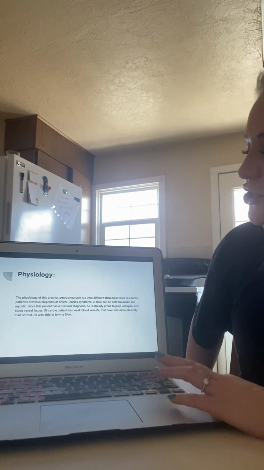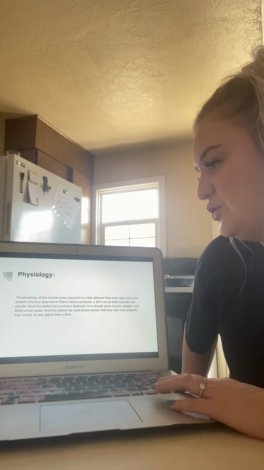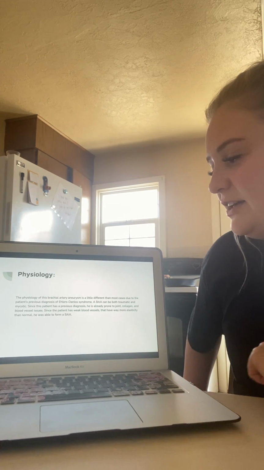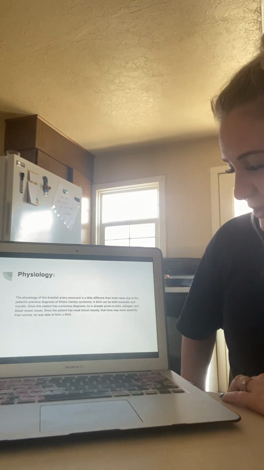Physiology. The physiology of the brachial artery aneurysm is a little different than most cases due to the patient's previous diagnosis of Ehlers-Danlos syndrome. A brachial artery aneurysm can be both traumatic